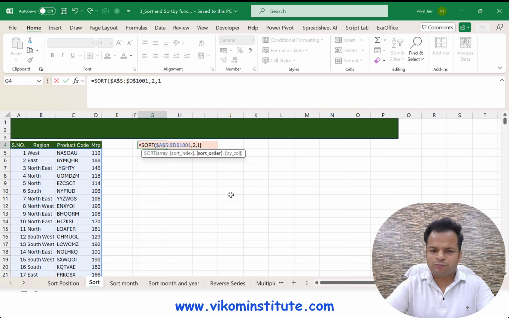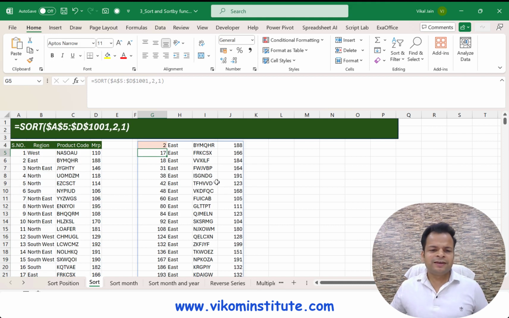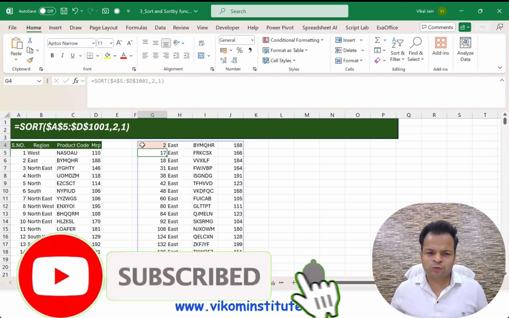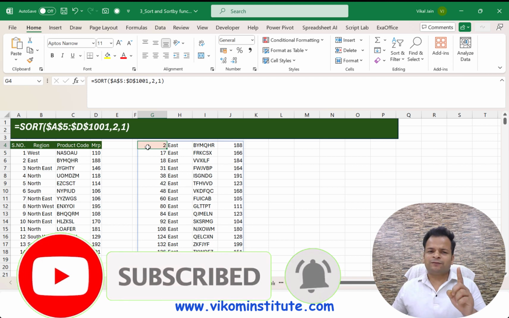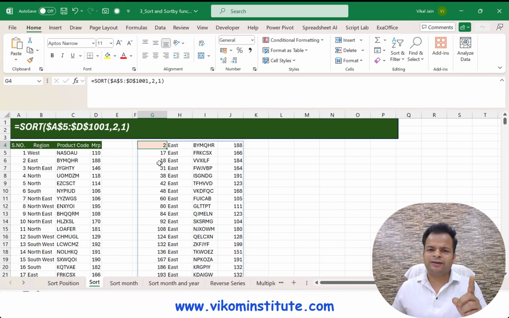So I will simply close my parentheses and you will see here is the sorting part. Now, I have not taken the header, so my header is not coming in it. Now if you want to concatenate your header, as we are doing a single formula approach, we need to use only this single cell so that we can put the whole function. Now I need to concatenate the header. So how will I concatenate the header? By using vstack. Vstack is going to concatenate your data vertically, so header and subheader.